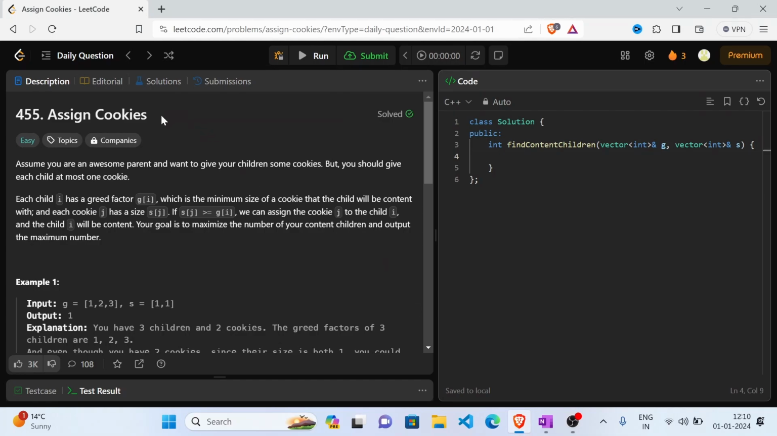Today we will be solving the question Assign Cookies. So let's see what this question is. Assume you are an awesome parent and want to give your children some cookies, but you should give each child